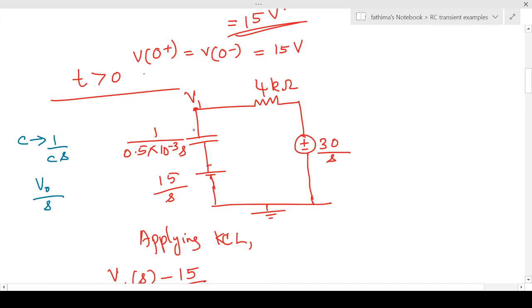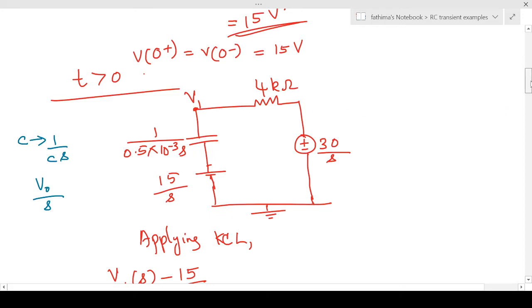So now we have to find the voltage across the capacitor. I am taking it as V1. So this is the voltage across this capacitor, that is, it is coming across this entire thing, that is taken as the voltage across the capacitor. So if we get V1 of S, then we can find V1 of t. So that will be the voltage across this capacitor. In order to do that, we are going to apply KCL.